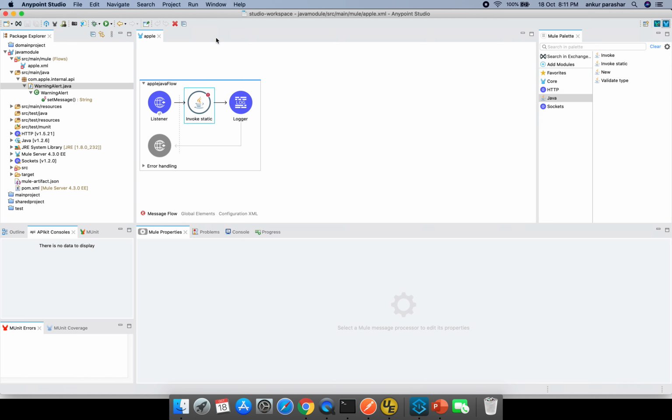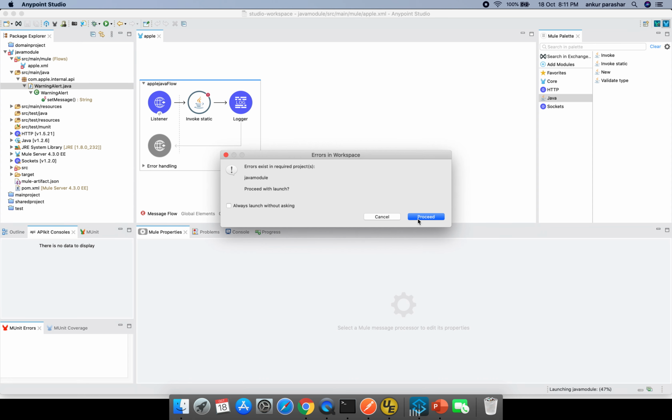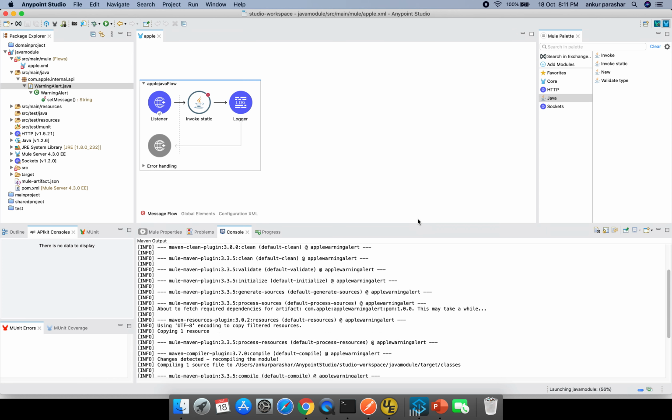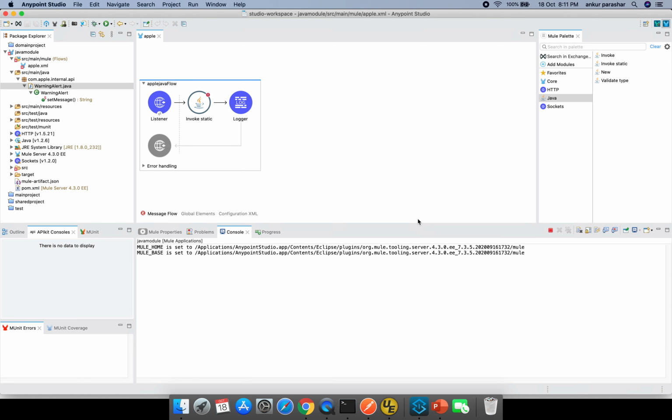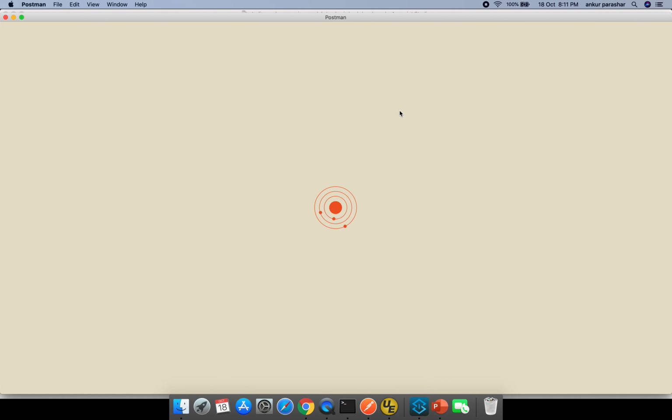Let's try to run this first, and I will explain the rest of the things in the later section. So I will select this one and click OK. OK, proceed. Let me set up Postman in parallel.